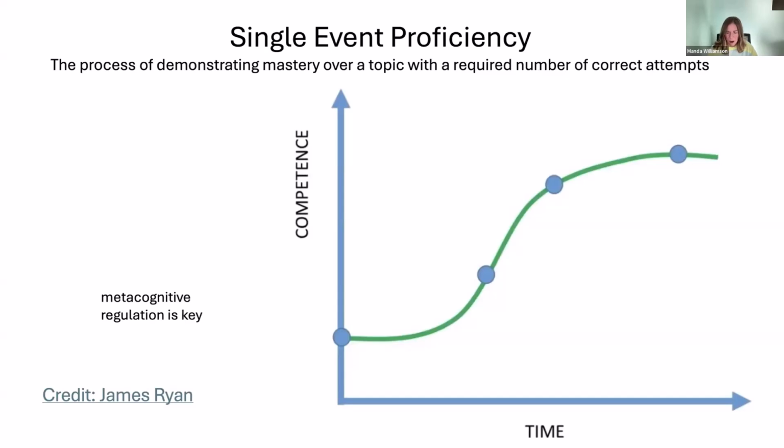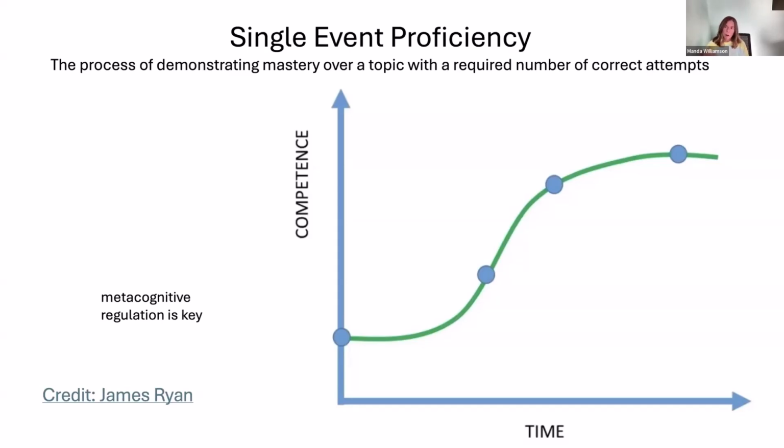So what I have on the screen now is a very, very common image that we see in the psychology of learning, and this is called the learning curve. We also revisit this when we're analyzing data, when we want to figure out, as people engage with a particular topic over time, what happens to their competency level? And for the most part, a learning curve is a curve.